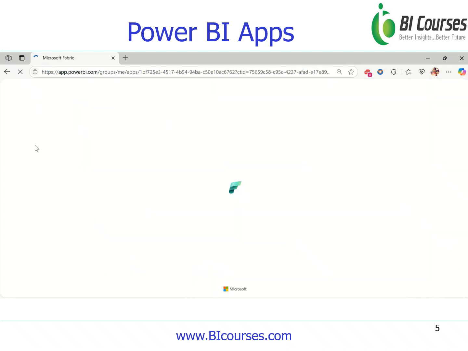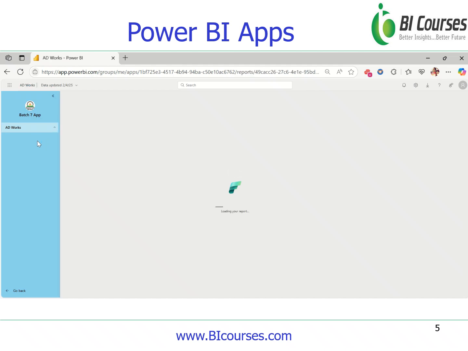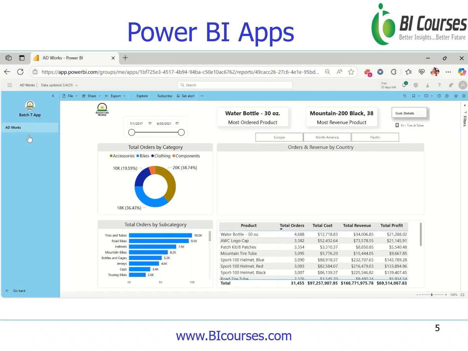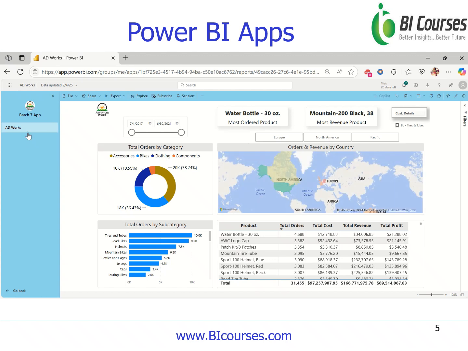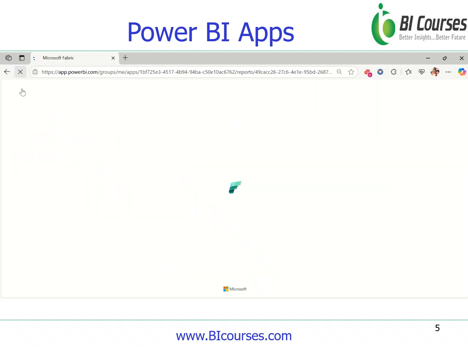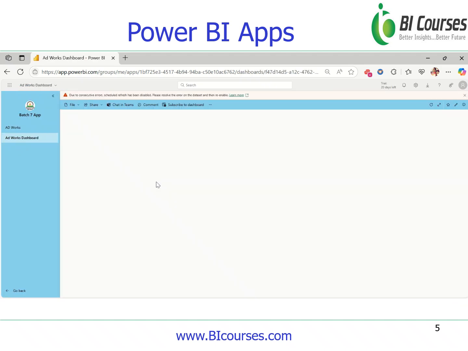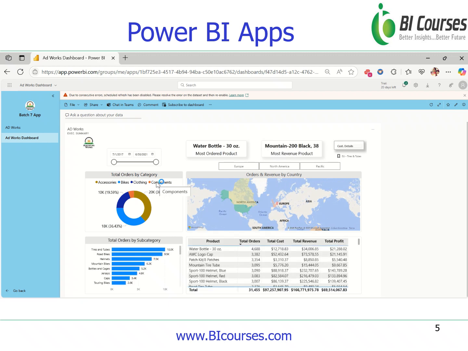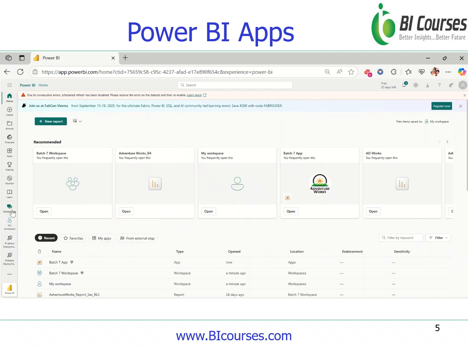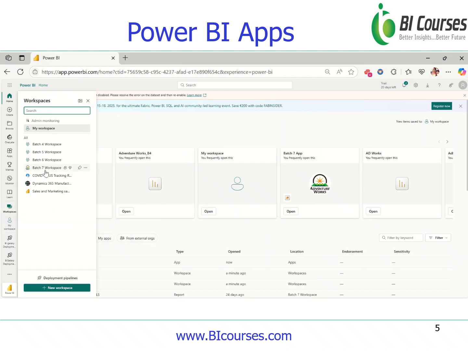Let's go to the app, and this time we should be able to see two reports or dashboards, but sometimes it takes a bit of time to appear. We'll try to refresh our screen. Look, we have the AD Works dashboard also available to us under the Batch 7 app. We'll go back to our workspace,